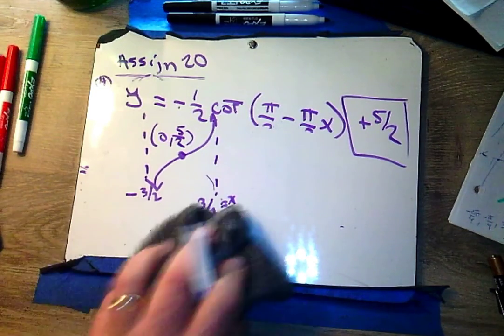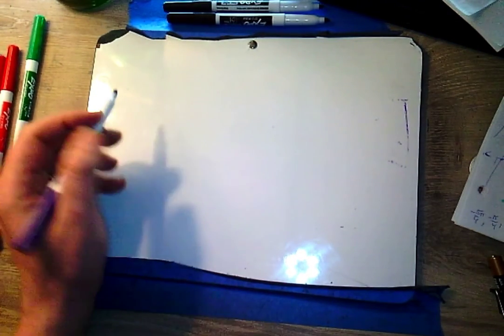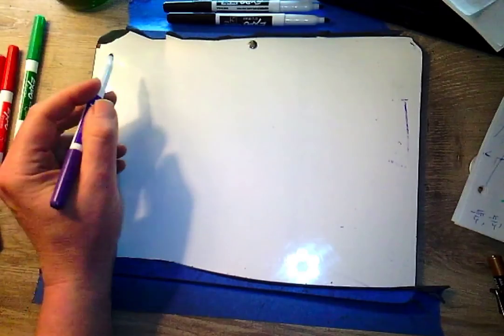So I think that's all that there is to be said about tangent and cotangent. Could we do something maybe to review secant and cosecant? How about